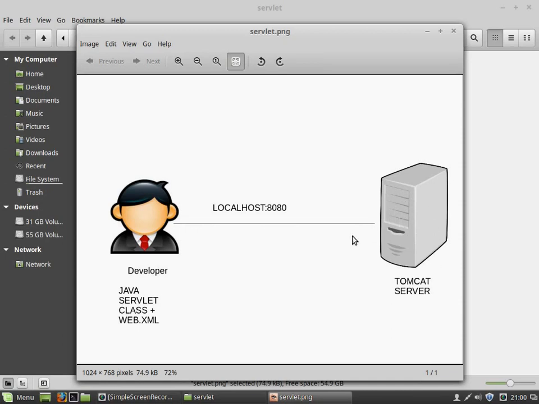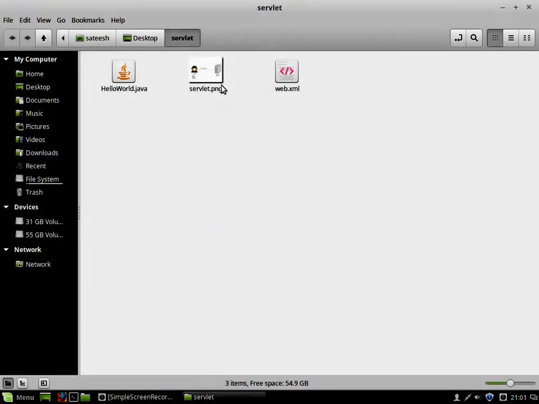So during the installation in case of Windows, you can see that 8080, the default port number, is already assigned. You need not change it because Apache recommends this port number 8080. This is an absolutely free port that is reserved for Apache Tomcat in any machine. So this is what we are going to do. I am trying to show with a small diagram. So we are going to host our Java class file as well as web.xml file in the Apache Tomcat server.